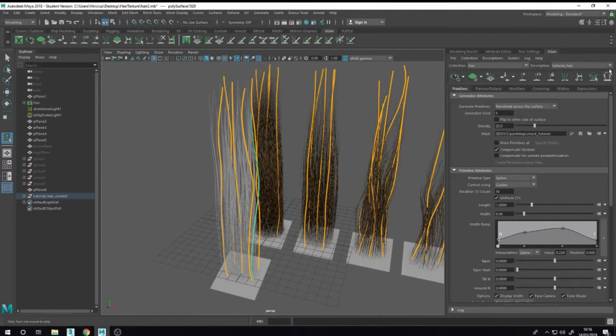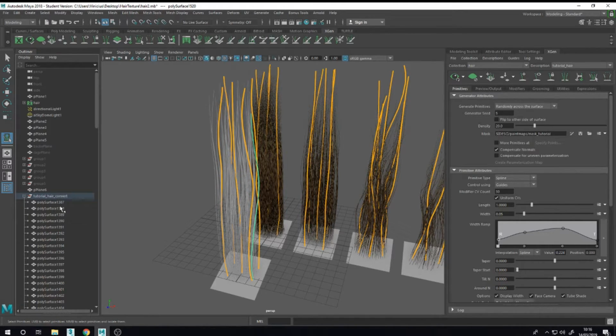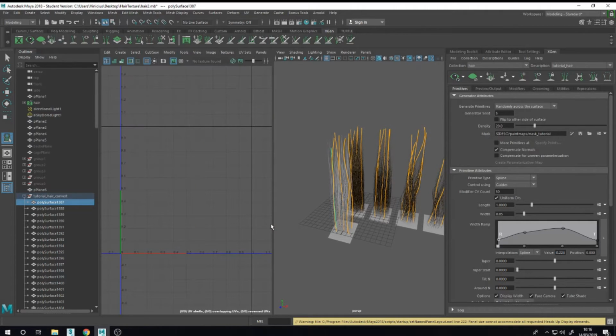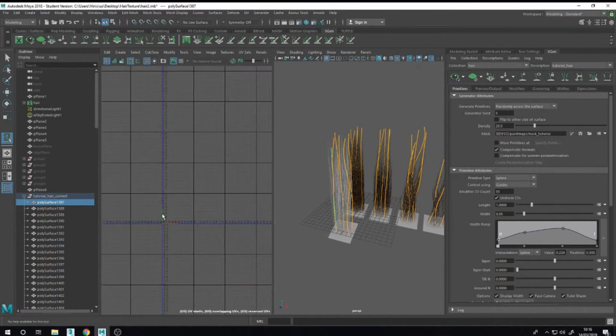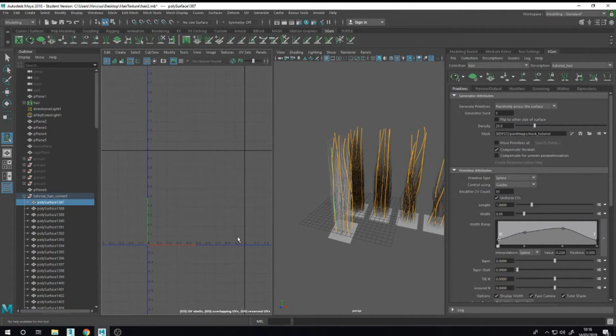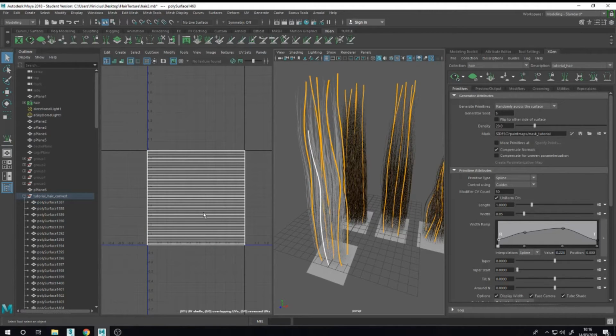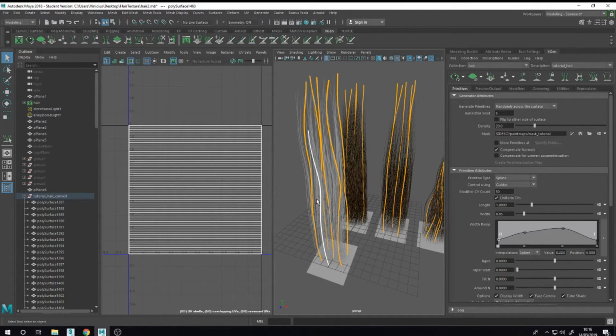Let me check the, select one and check the UVs. UV editor. Here. It's right.